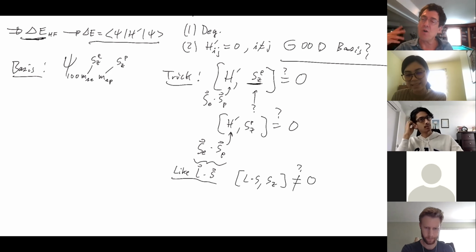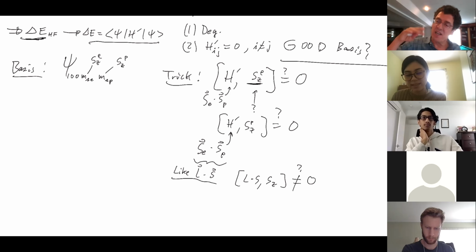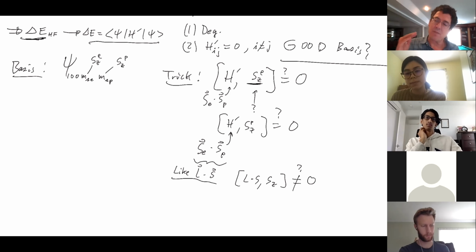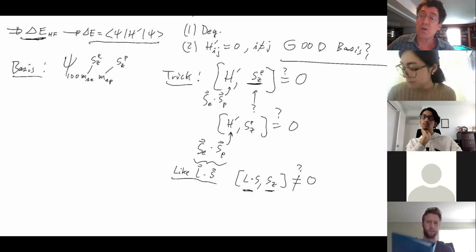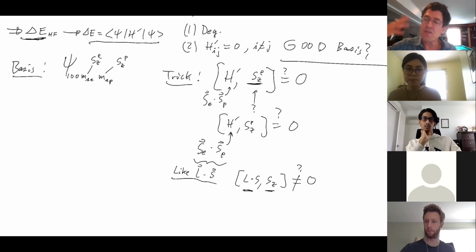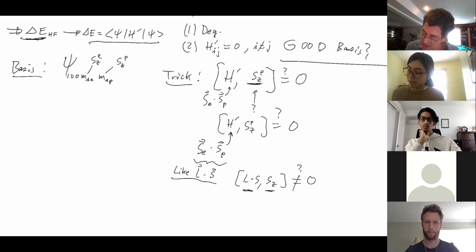Remember when our old basis, the psi n l m sub s, was a bad basis, and we had to go into the J basis. The reason we could see that the old basis was a bad basis is because L dot S does not commute with S sub Z. And that's why the old basis was a bad basis for spin orbit. I'm just reminding you, we went through that whole argument. And so now, if you know that the commutator of L dot S with S sub Z does not equal 0,